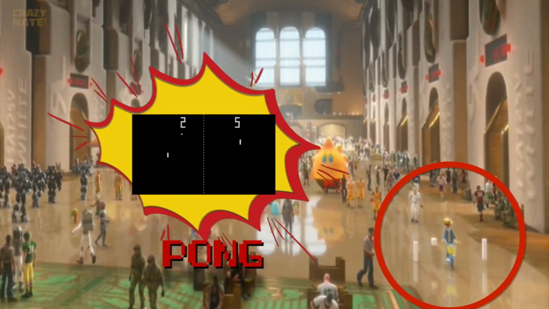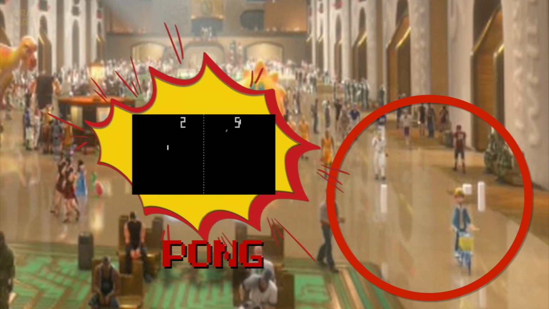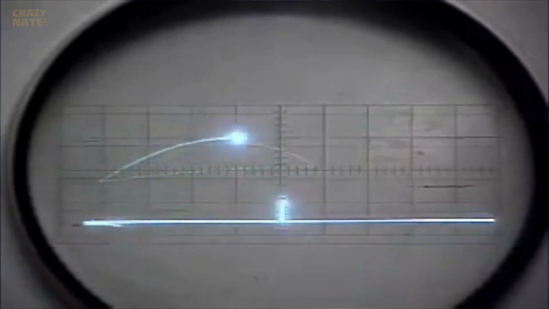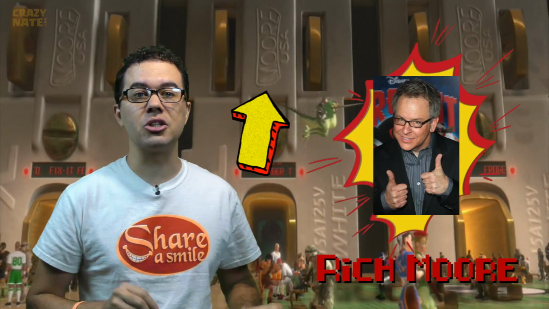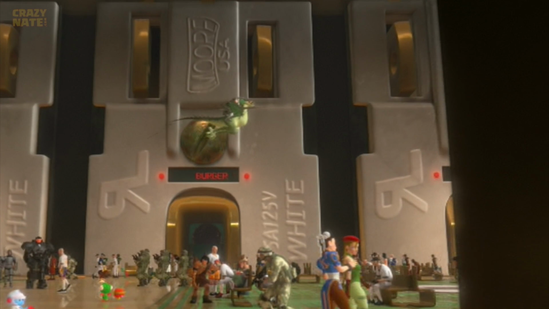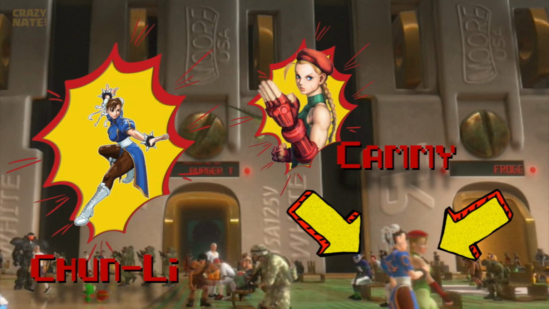Called Pong. However, about 12 years before Pong was invented, a game called Tennis for Two was created, which essentially is Pong. Bloody pirates. Also, on the giant power outlets up there, we see More USA. That's an Easter egg to the director, Rich Moore. When Wreck-It Ralph is entering the station, if you look fast, you'll see Chun-Li and Cammy from, you guessed it,